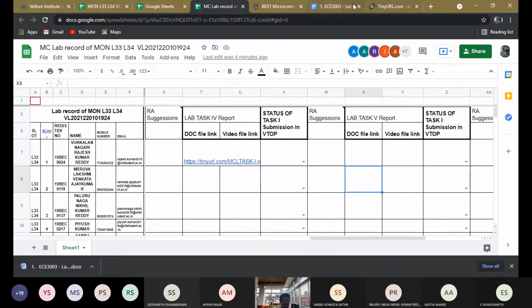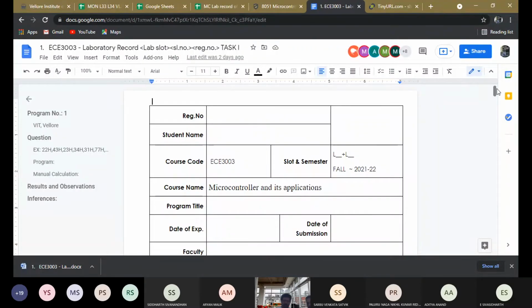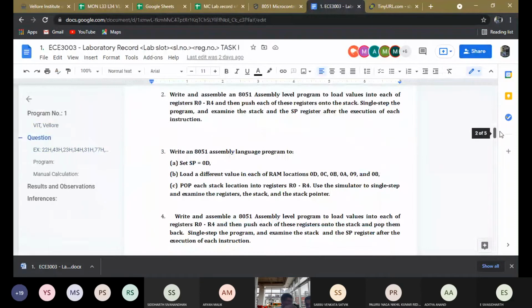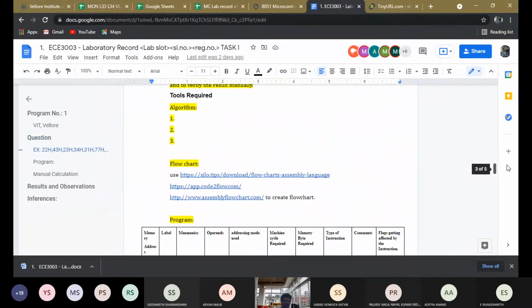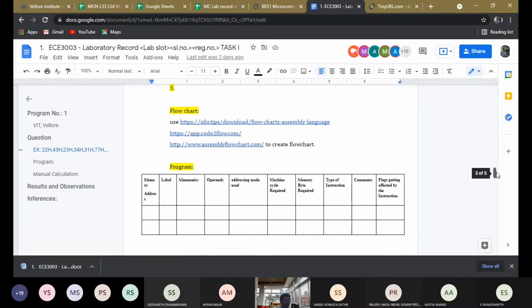I have given all the templates, everything. This is already available to them. They will fill this. Mostly they will not make an error in this. So just to check this program, tasks 1 to 5 I have given to them. I have already circulated the questions to you also. So here they have to write step by step. I will transfer this lab manual to you. Yes, sir, I got it. In that, the programs, all these things, everything is there. So don't worry about it. The old documents I had before, I will share those also. Don't worry, you will get the idea about the programs and all.